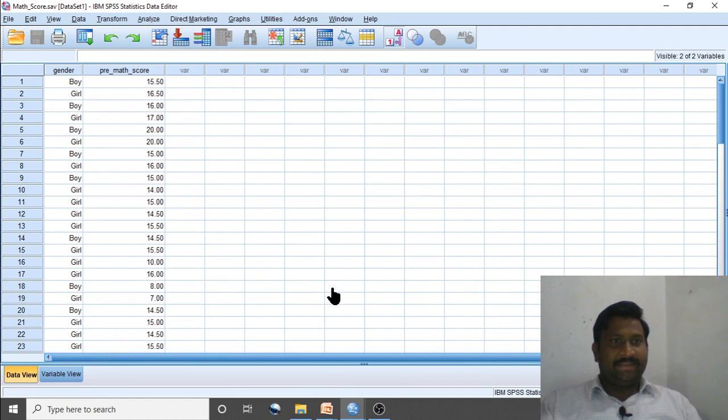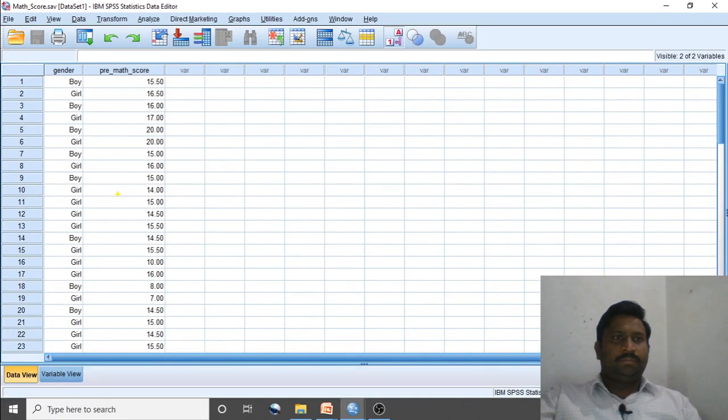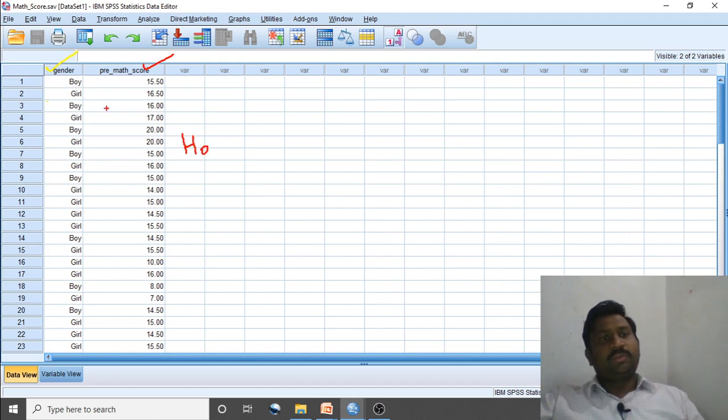So here it is. Here I have two variables, gender and math score. So I will test a null hypothesis H naught between mean scores of boys and girls.